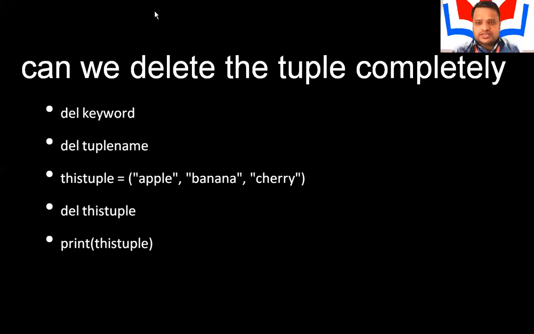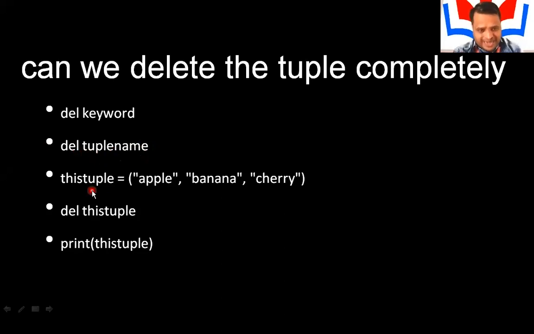You can clearly notice in this slide that it is del space tuple name. The tuple name is user defined, so the user can specify whatever name he wants. Now you clearly understood the syntax for deleting the tuple: del space tuple name.